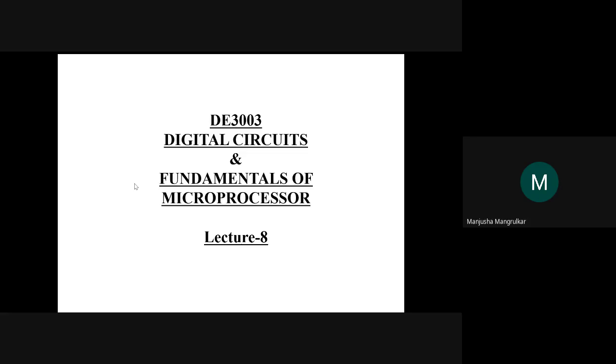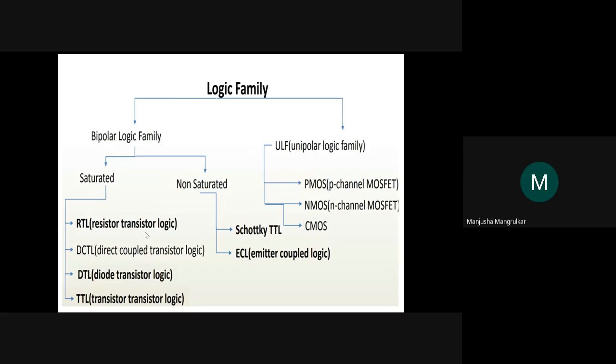This is our eighth lecture of digital circuit and fundamental of microprocessor. Last lecture we had seen the logic families. There are two categories of logic family: the bipolar logic family and the unipolar logic family. In bipolar logic family, again they are categorized as saturated and non-saturated. So last lecture we have seen saturated logic family and non-saturated logic family, that is RTL, resistor transistor logic, direct